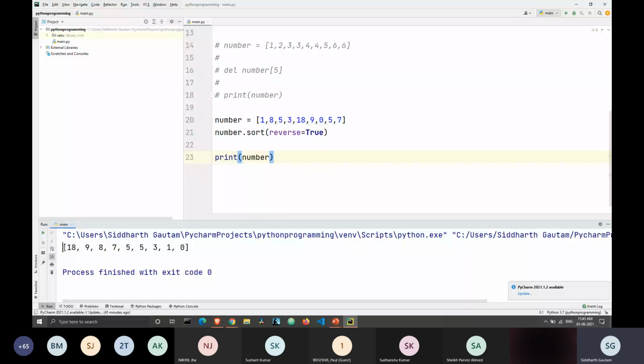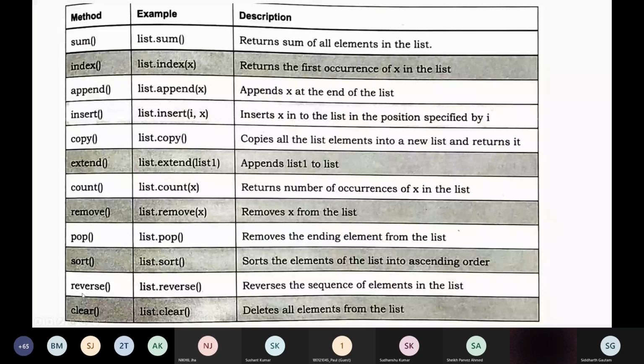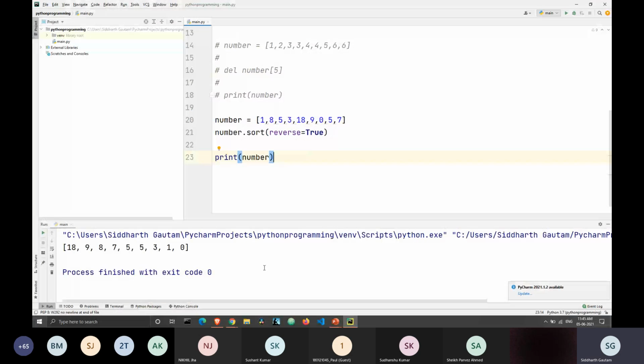Okay, let's take a look at some more. Right. So now let's take a look at the reverse method. Before we move on to the reverse, we will mix sort and reverse.